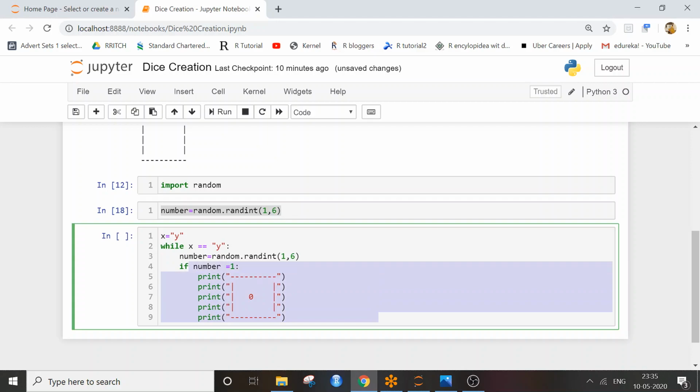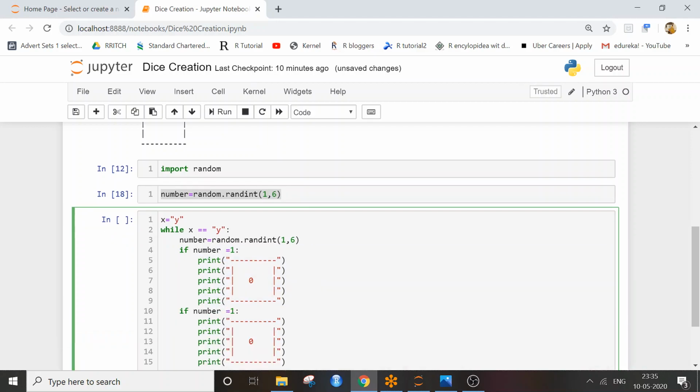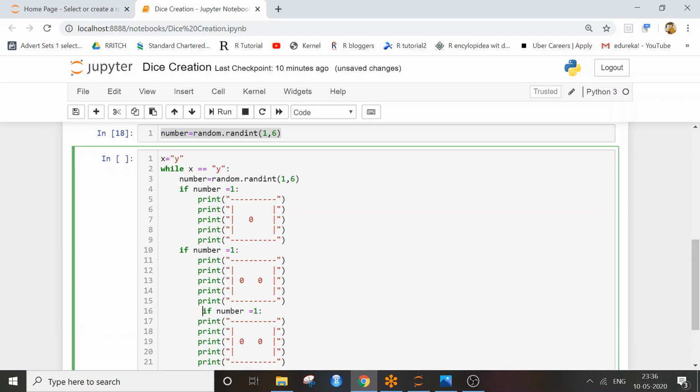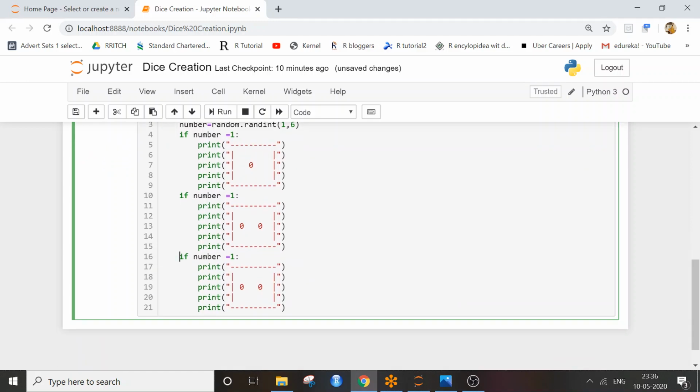Now, if number equal to 2, it should have 2 marked sides, which will be this here and here. Yeah. If number equal to 3, it should have 3 marked sides. Be careful with the indentation. This should be 2 if number 1, if number equal to 2, if number equal to 3.